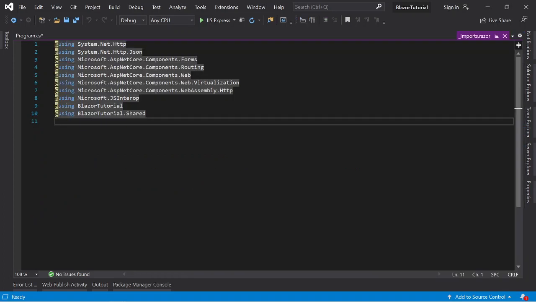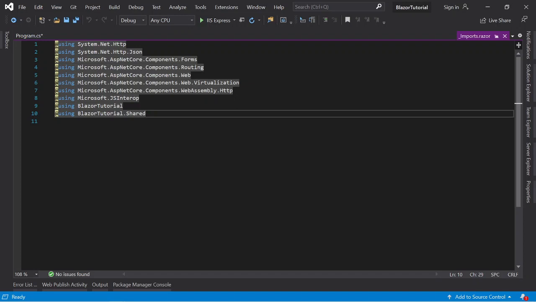And this is the imports Razor file, executed globally.